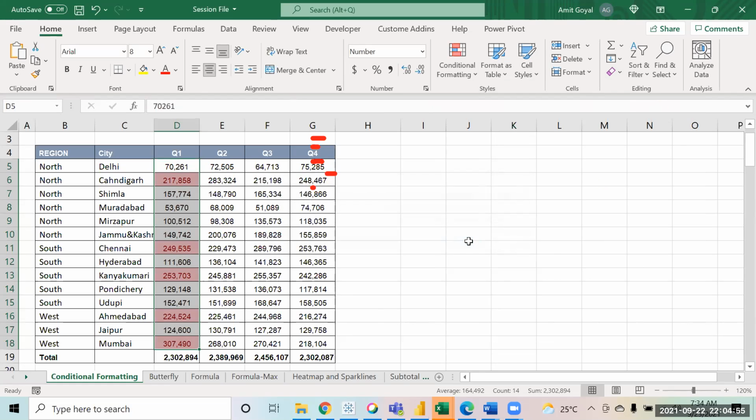Now you see the cells which have a value of more than 2 lakh are highlighted. Were you able to do it?